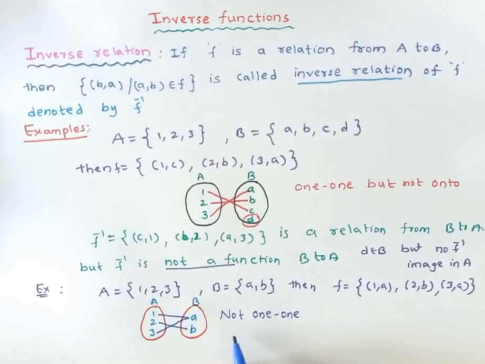What about onto? So here the output will be a, b only. So the codomain is equal to the range. So obviously it is onto. Every element in B has at least one pre-image, it is enough to show that it is an onto function. Now here you just need to check whether F inverse from B to A is a function or not.